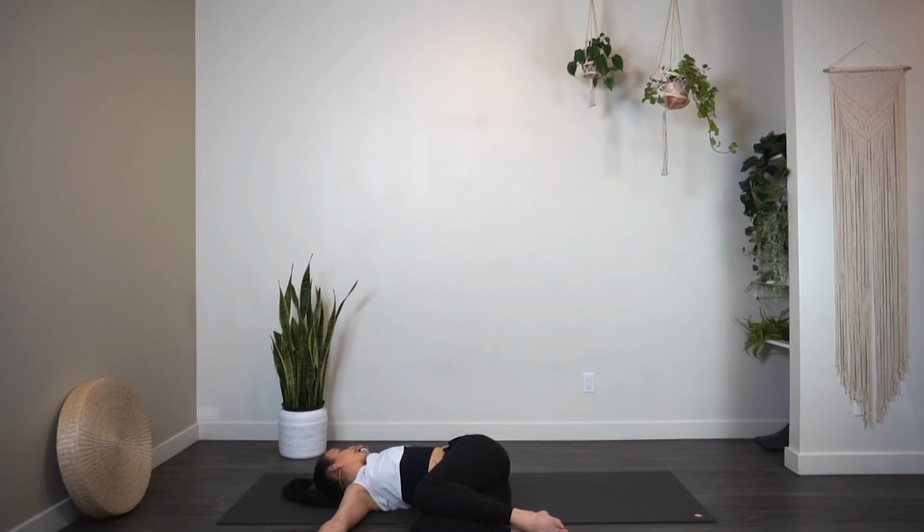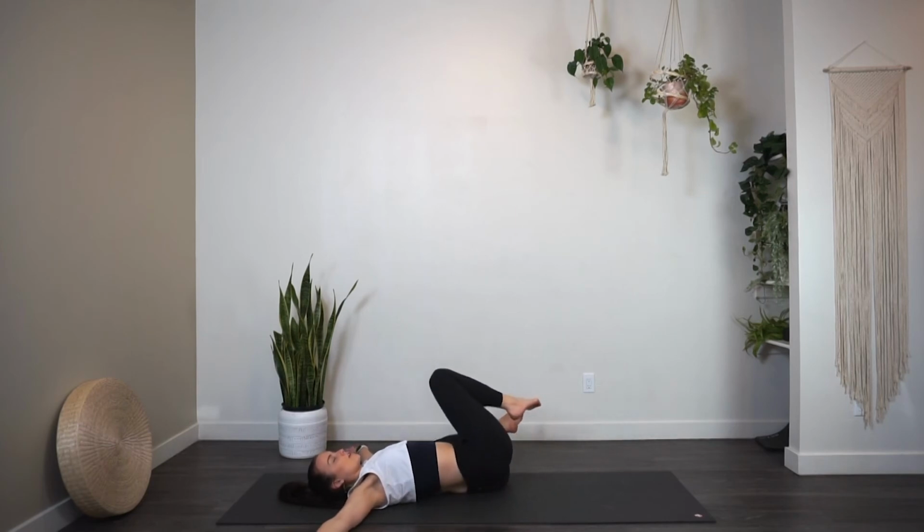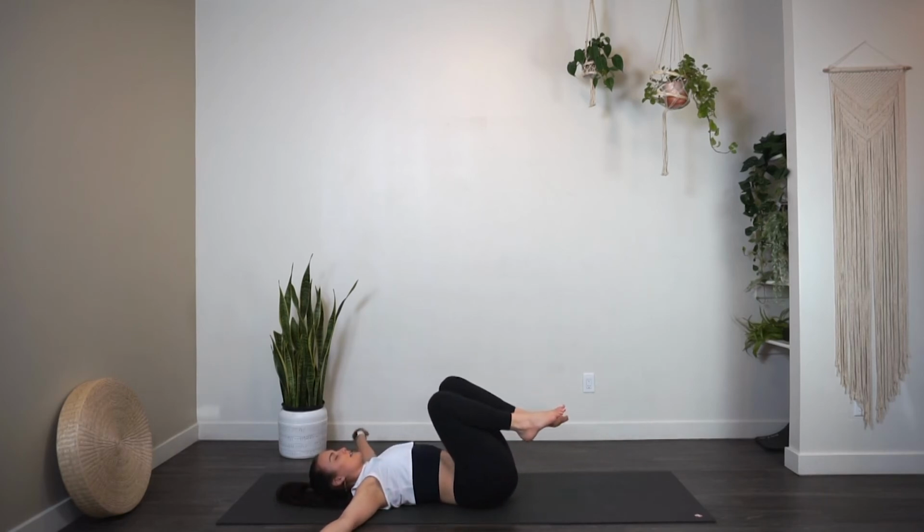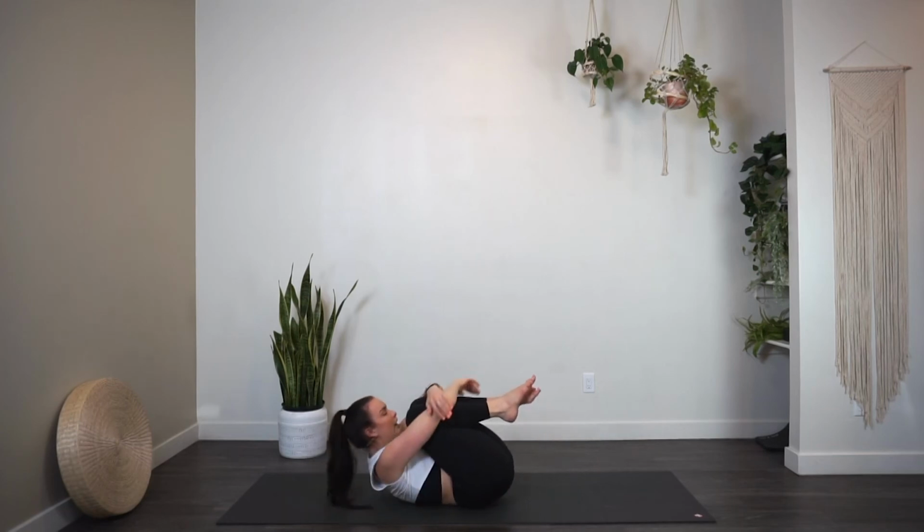We're just going to take this on the other side and then move towards Savasana. Bring your legs through center, over to the other side. Even if your eyes are closed, take your chin towards your right shoulder. Come back to center, pull your knees into your chest. Wrap your arms around your shins, forehead to your knees, curl up in a ball, give yourself a tight squeeze,